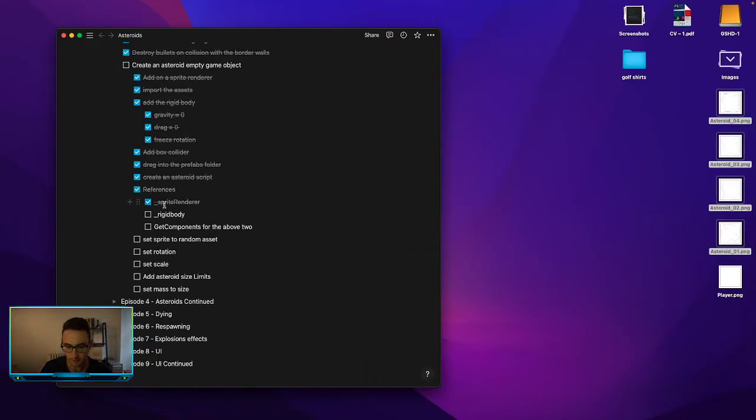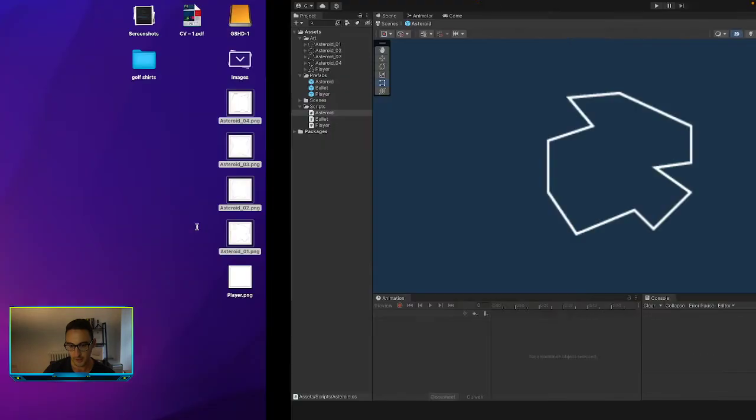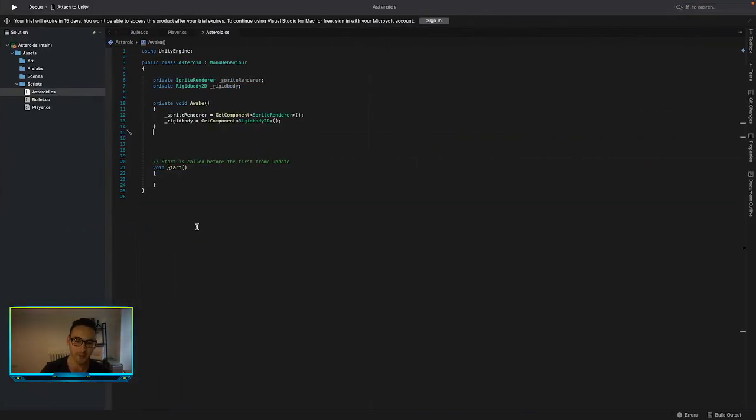We've done our references, we've created our two new references, and we've gone and got the above two in our wake method. That's what that meant. So now the next thing we need to do is add in a sprite, we need to assign a sprite to our asteroid